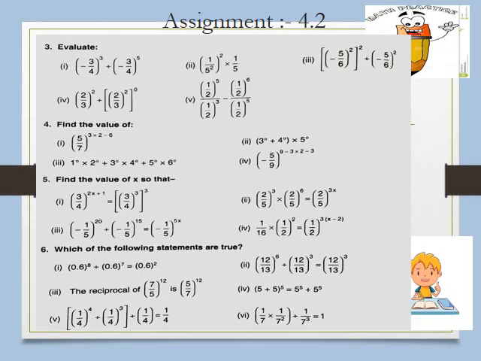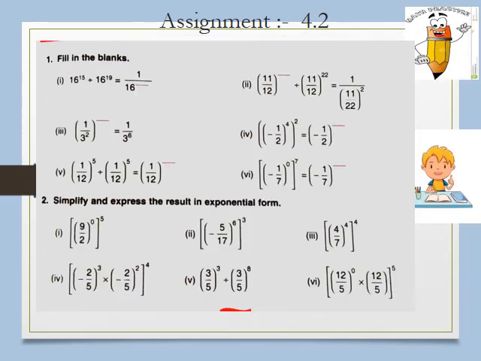And now you can see these laws are based on the third law, when the power is 0, and the power of a power, that is both the third law and fourth law. So dear students, try to solve these examples. This is based on the third law, the power 0, and the fourth law, the power of a power, and the second A and B laws are also there, and for multiplication you also have to use law 1, because now you are all aware of the first, second, third and fourth laws of exponents.